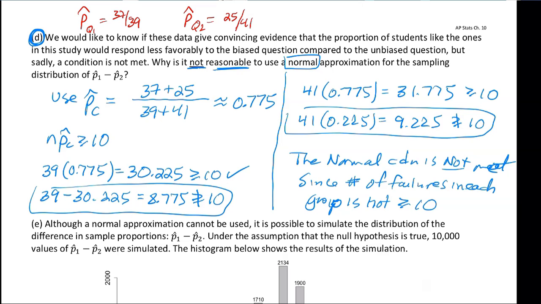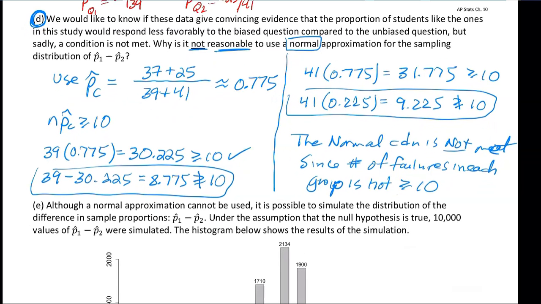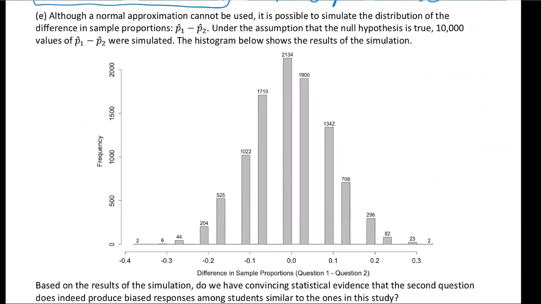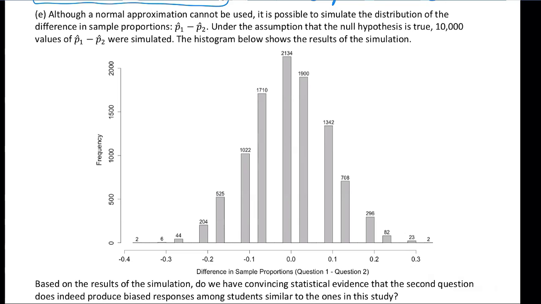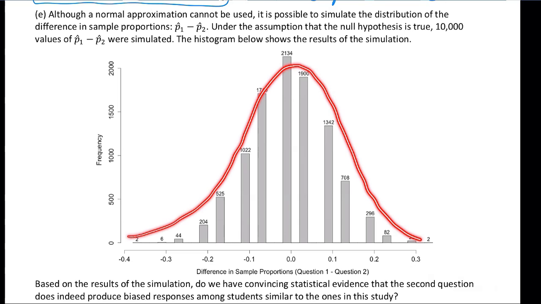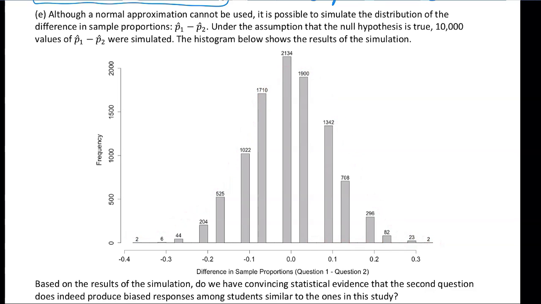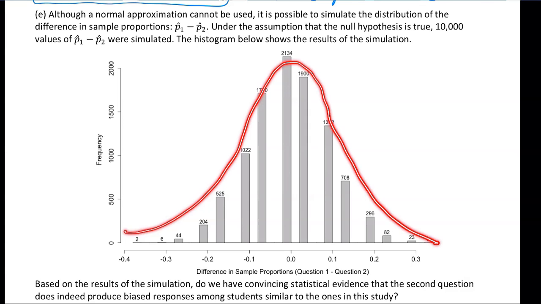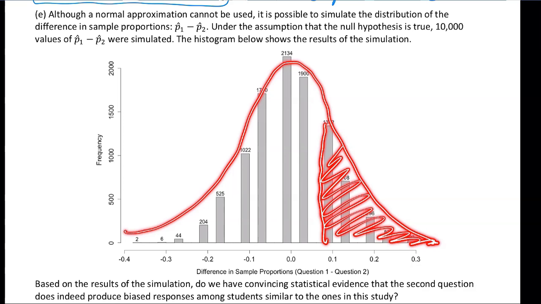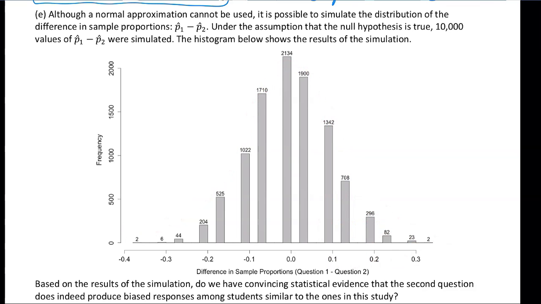And the last part is question E, and this is kind of common on the AP exam. Anytime a condition isn't met, like we've seen in D, what E will do is do a simulation, and a simulation isn't based on having to use a normal curve. You can see roughly this is normal looking, but there's all these humongous gaps in between the values. So if we were to try to find an area under a normal curve, it's not going to be a good approximation because a p-value might look like that, but you have all these big gaps in between, so the areas aren't really going to be equal.